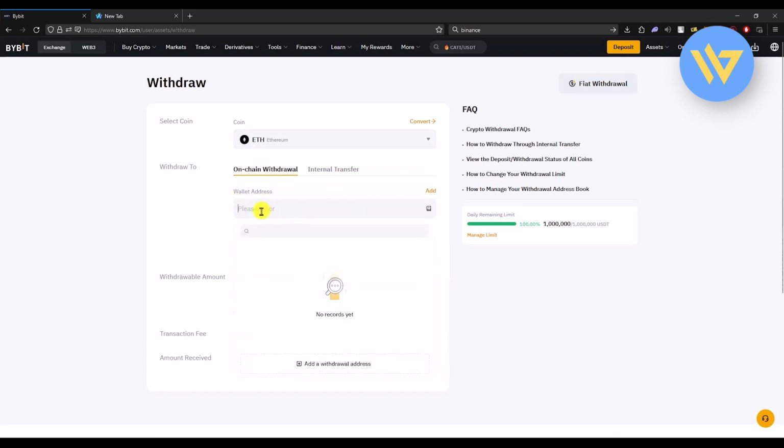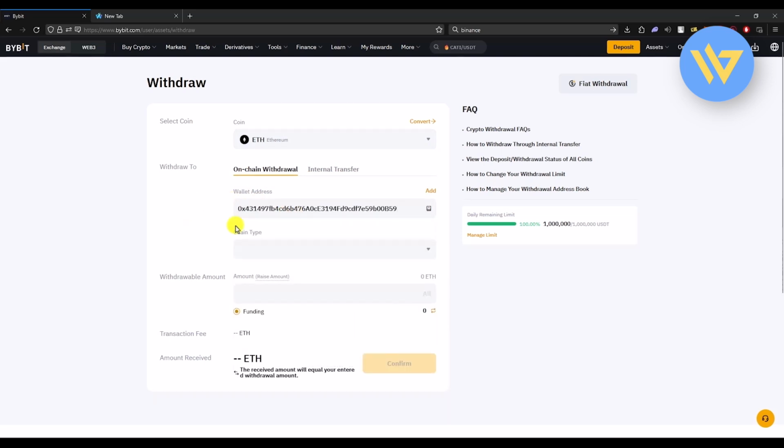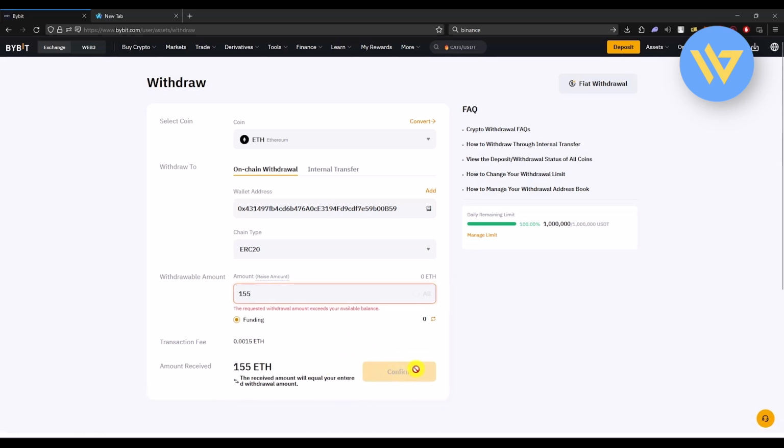Then enter the wallet address that you just copied from Metamask. Then choose the correct network type. And then enter the amount that you want to transfer. And after that, just simply click on confirm, and then within a few minutes, your crypto will be transferred from Bybit